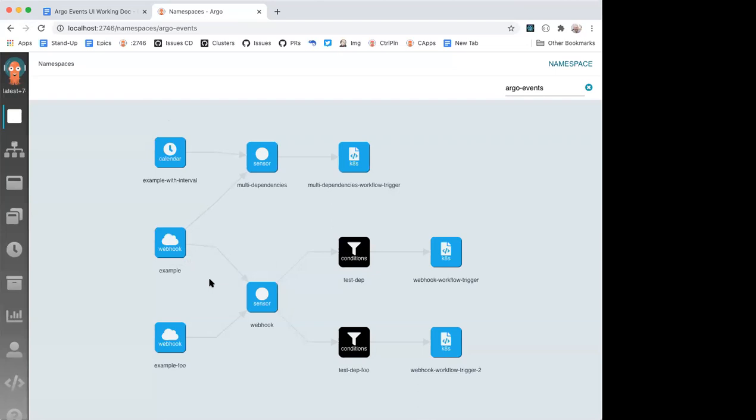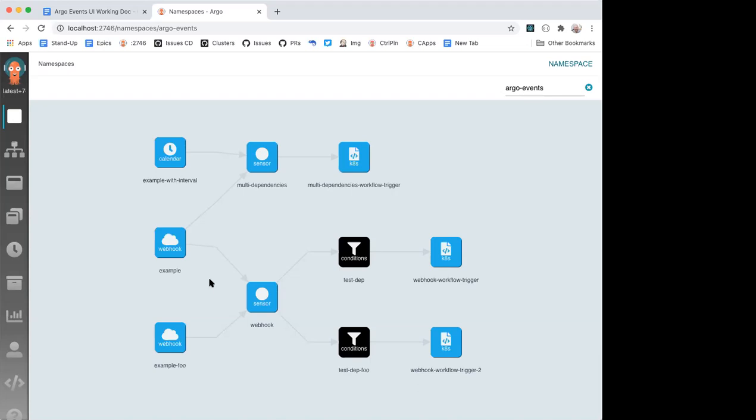I don't show the event sources because I believe, and correct me if I'm wrong, that they're not a significant thing in the system. They're not actually an entity within the world. All they are is a way to configure one or more event sources. And I believe, again, anybody can correct me, you can configure a single namespace with a single event source. I don't think you need multiple event sources for a namespace.